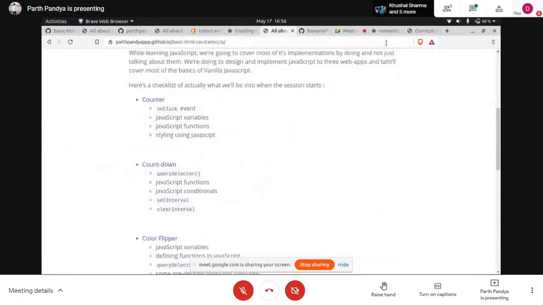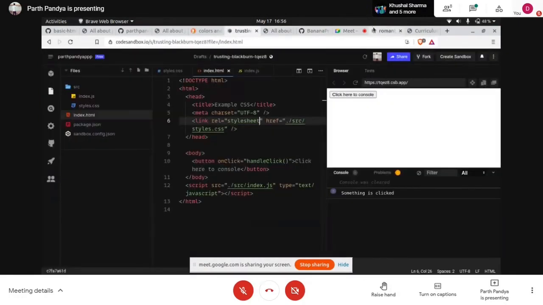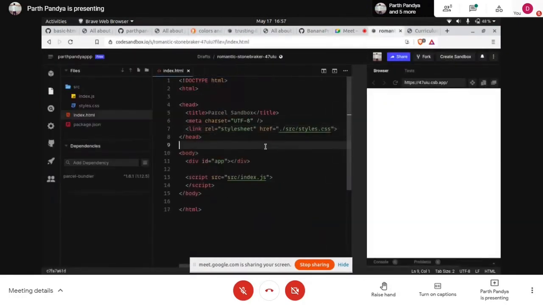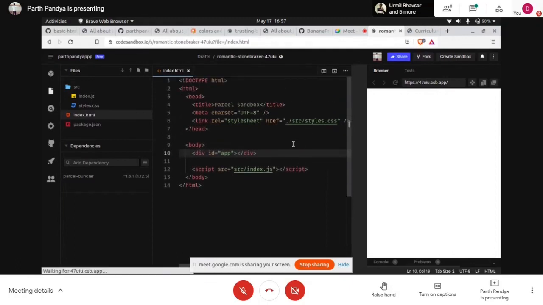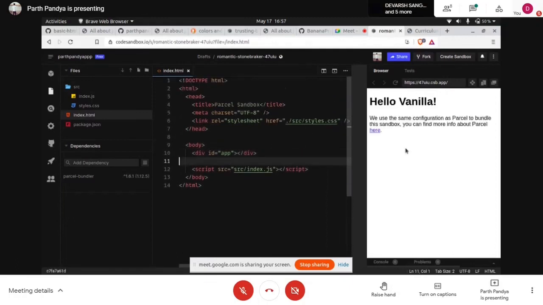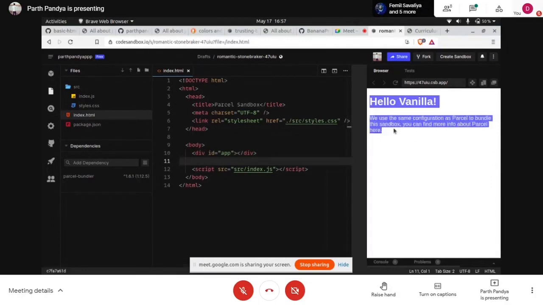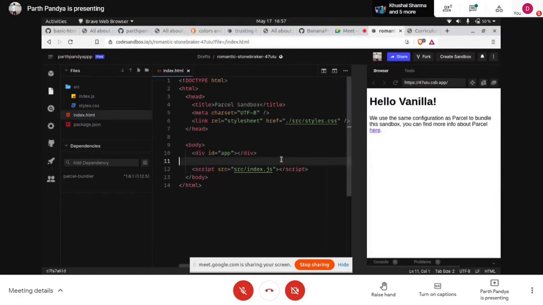So this was it. Now let's do something else with JavaScript. You have something ready here, and we have created a div already. As you can see, we have no HTML added in this HTML file, but we are still having this behavior, with complete HTML here. We have a heading, we have a paragraph, but we have not actually added any HTML in this HTML document. So where is it coming from? This is because of JavaScript.